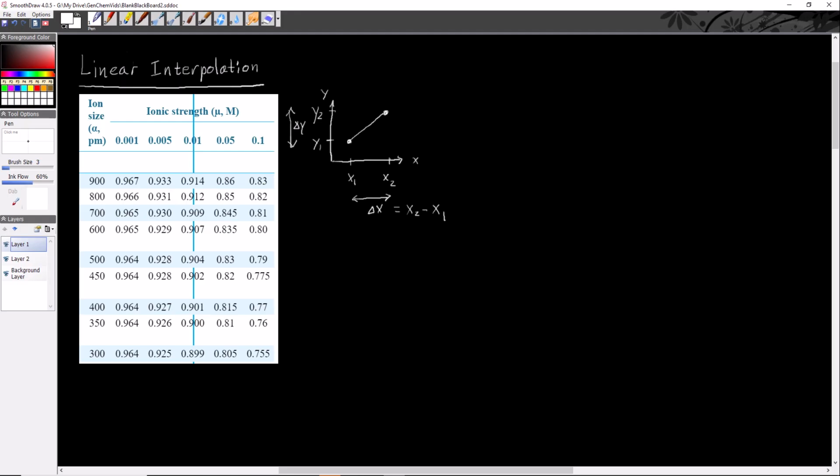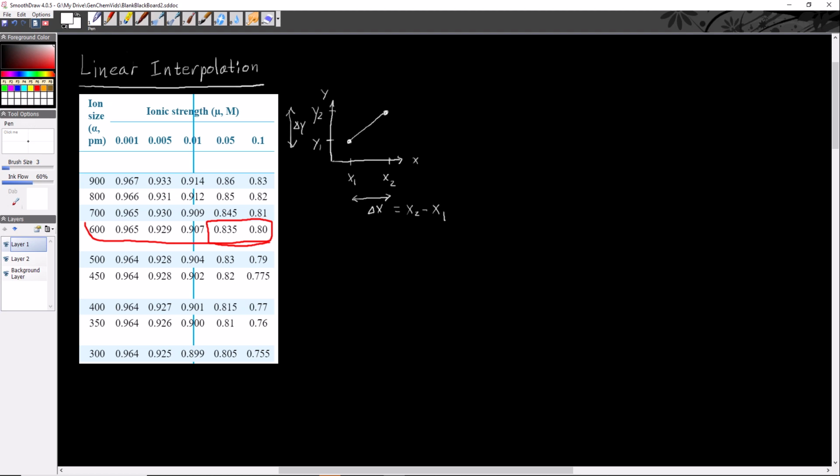I'm going to go to my little chalkboard here. So here's our data table, and we want to look at this row right here. We're trying to interpolate between these last two values. We want to figure out what the activity coefficient would be right in between here. So the way we can think about doing that,